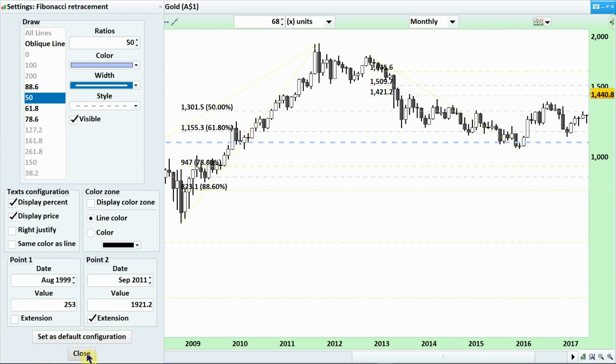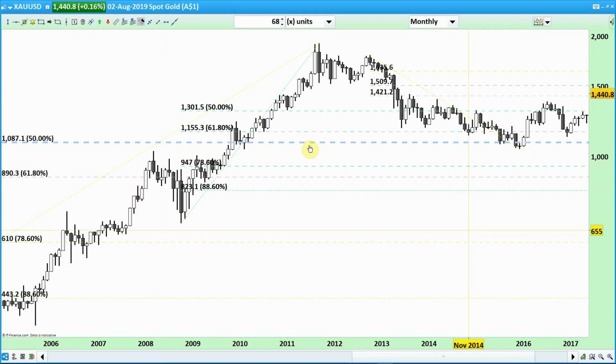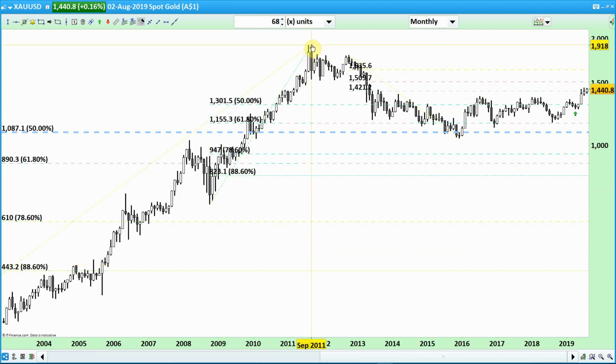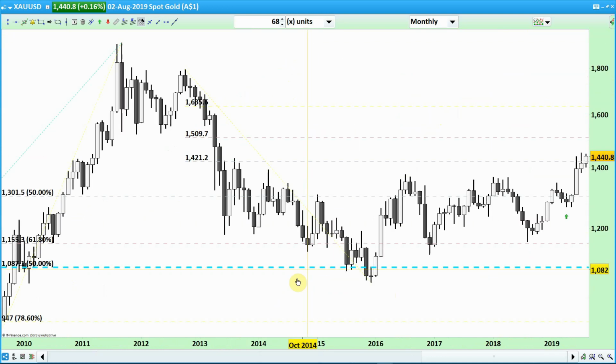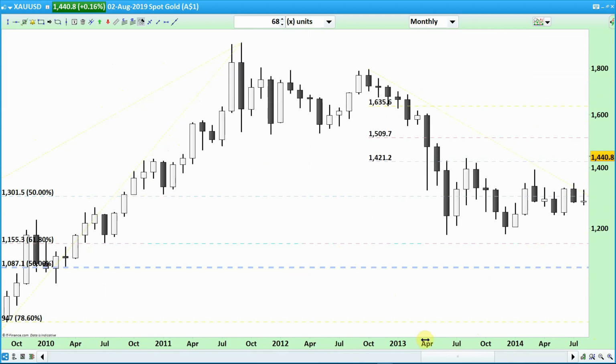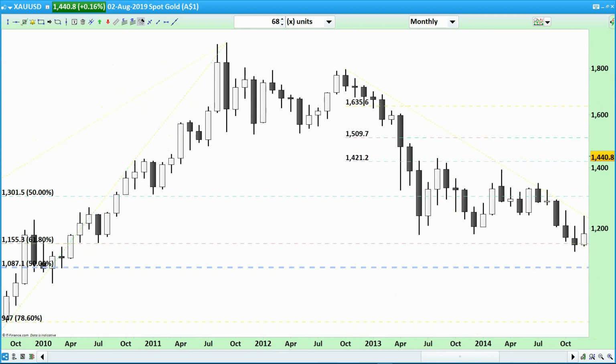I remember that because I gave a trade call on this 1087. So 1087 was the 50% of all time low and all time high. If I join from here to here, 50% was here. And then from that, gold was coming from 1900, and people did not realize that it is coming, and only when it came down 50%, they started talking, oh, gold is coming down. It already actually failed from this 1900 to